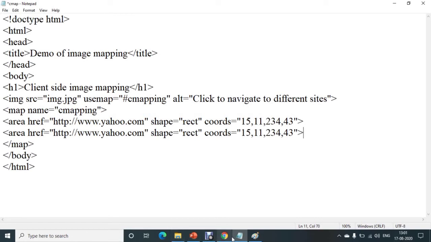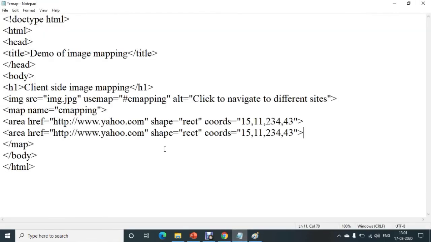Now if we want to provide a hyperlink to this Twitter, then you can use here any other shape of area. Suppose we will use a circle. Then to specify that it is a circle, the shape used will be circle. After that you have to provide the coordinates. For a circle, 3 coordinates will be used.